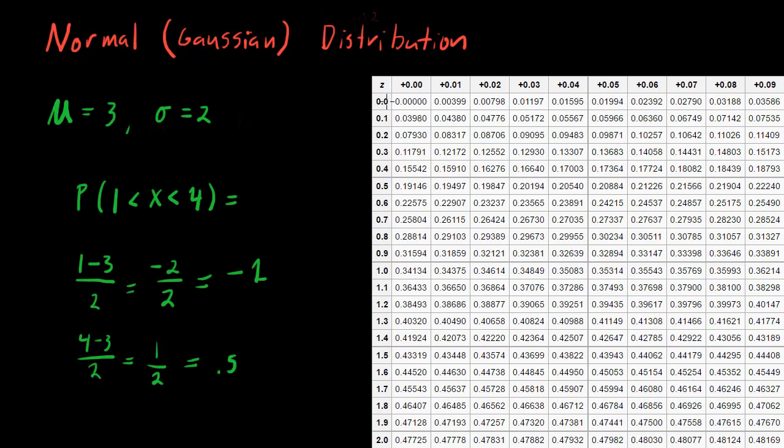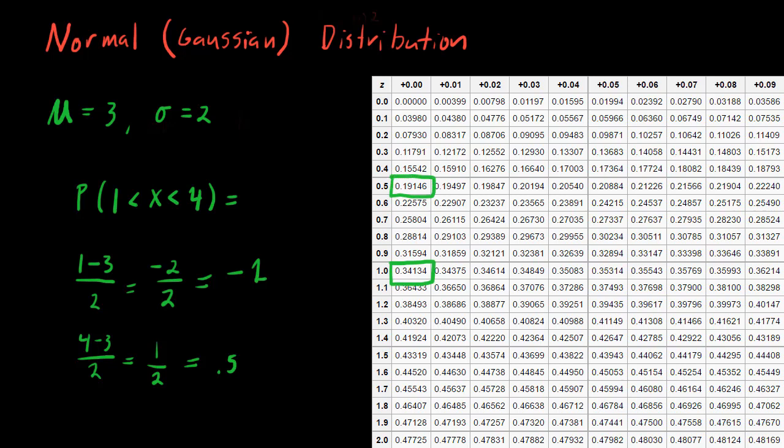So we just need to find our two z-scores. We're going to look for negative 1. Well, we don't have a negative 1 here on our side, but since our bell curve is symmetric, meaning that the area under the curve from the mean up to 1 is the same as the area under the curve from the mean down to negative 1, we can just use that z-score of 1 to find that area under the curve from our negative 1 up to 0. So in that case, it's just this value here, 0.34134, excuse me. And then we just need to find our area under the curve from our mean up to 0.5, which is just this